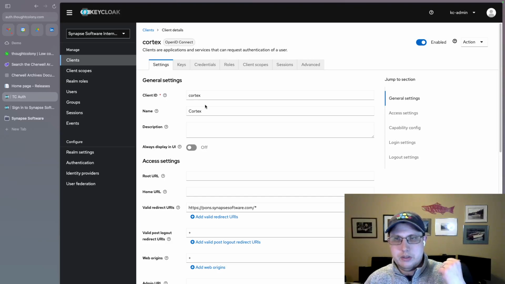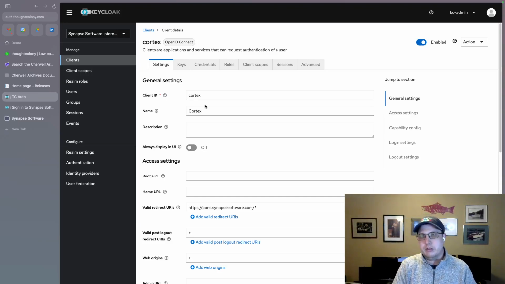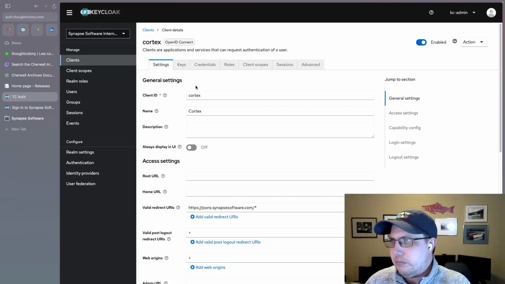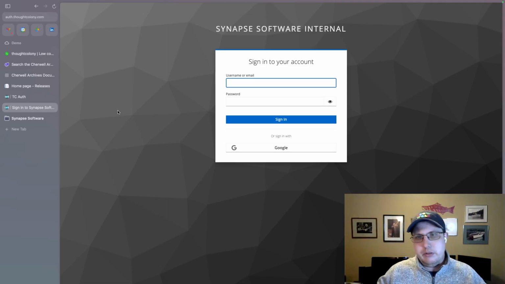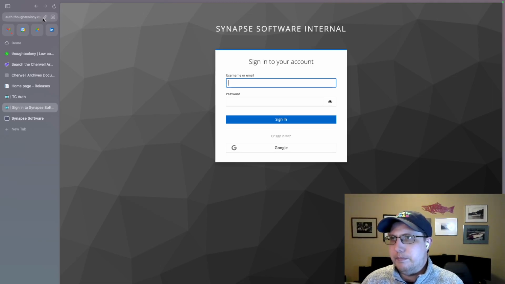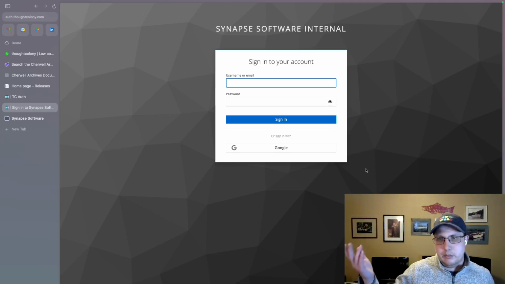I've also got a few videos on the channel from a few weeks ago, specifically about how to install Cortex with IIS. And I'll show you what that looks like right here. I know you can't tell because it's just a Keycloak login screen, but this is where I get when I go to my particular Cortex instance. And this might look familiar because this is essentially the exact same screen that showed up when I was logging in with SAML